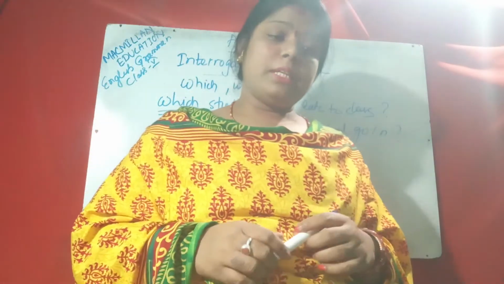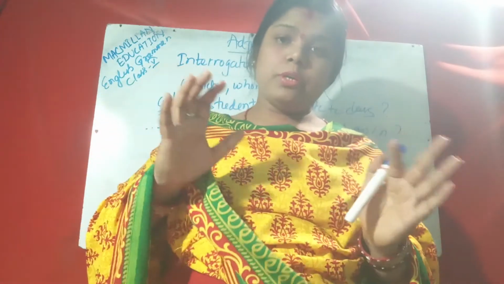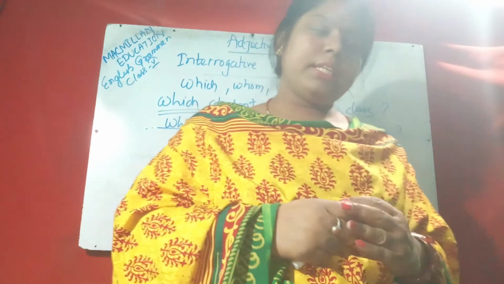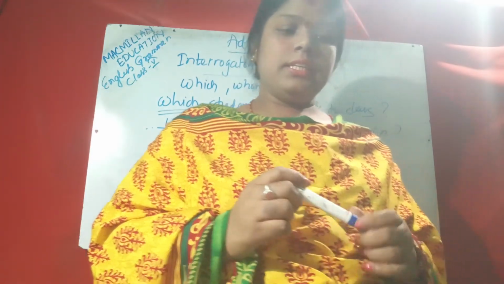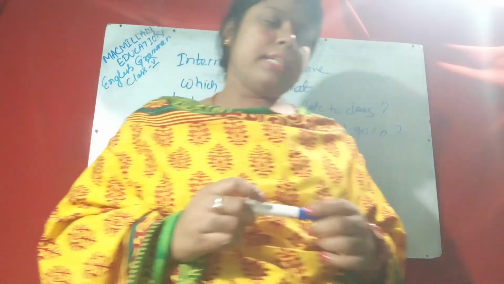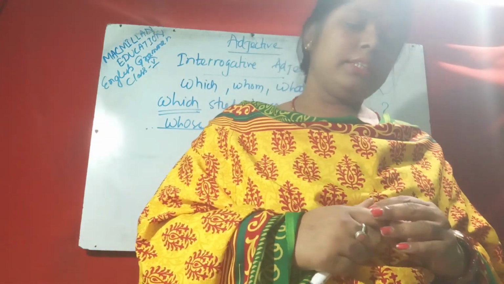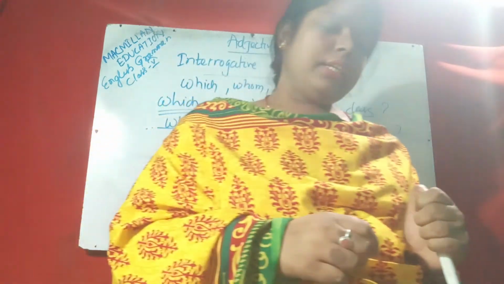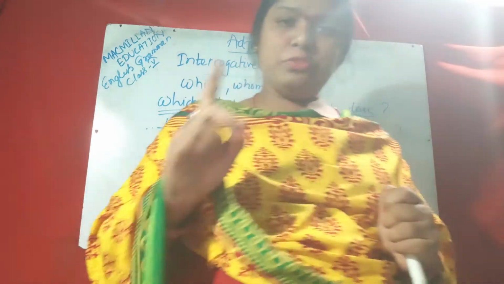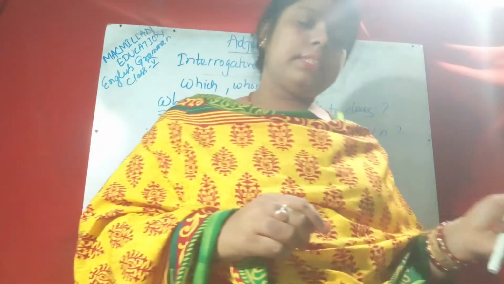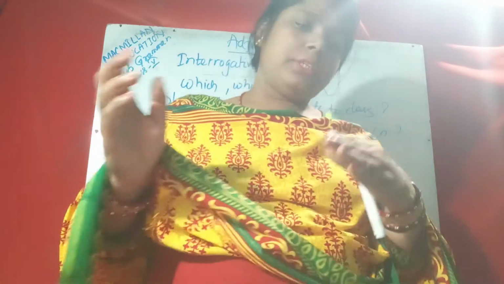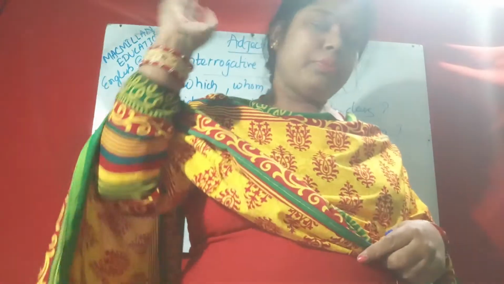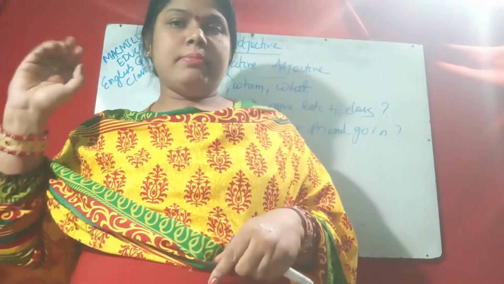Okay, the formation of adjectives. So how can you form or make adjectives? There are some rules. By adding y: greed, greedy; thirst, thirsty; need, needy; filth, filthy. Then adjectives by adding ly: year, yearly; love, lovely; month, monthly; friend, friendly. Then ish: fool, foolish; child, childish; red, reddish; white, whitish. Whitish, childish, reddish are adjectives formed by adding ish.